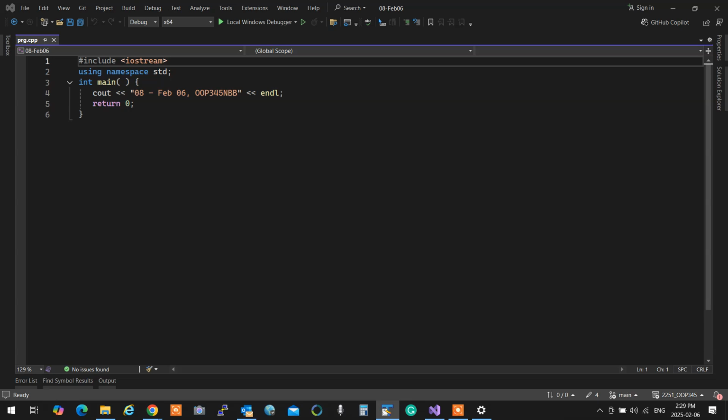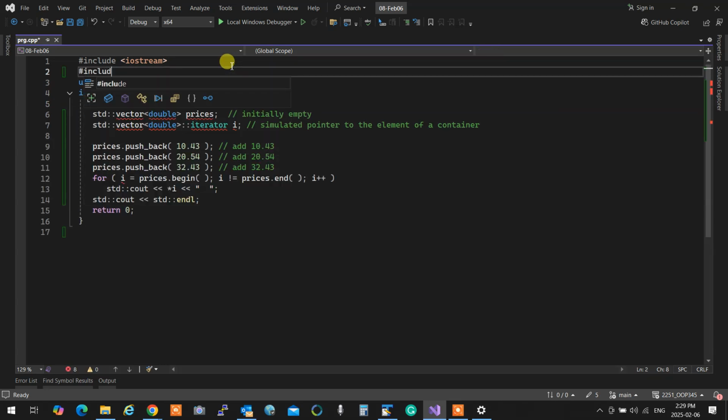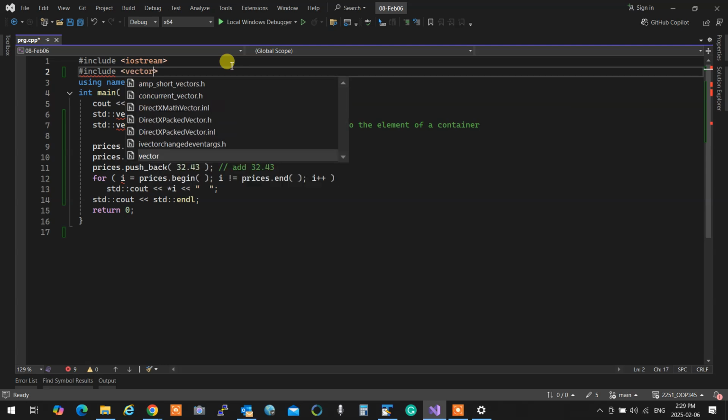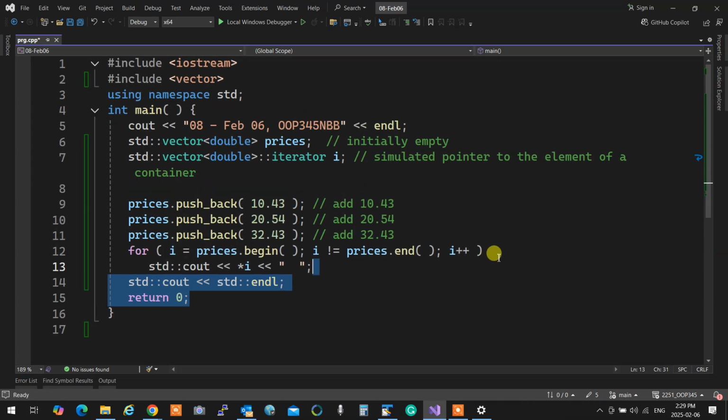You can create iterators for a container using the container itself, which means if I want to, for example, have an iterator and go through the elements of a vector, this is what I do. So the same thing, I have the vector of doubles for prices. Now I'm going to say std vector double scope resolution iterator.